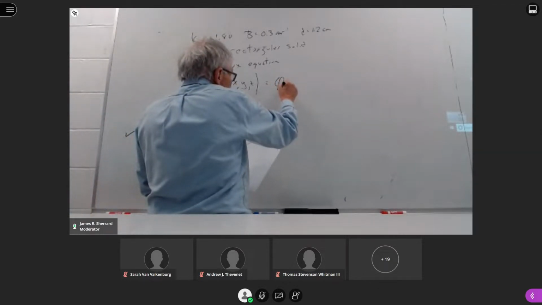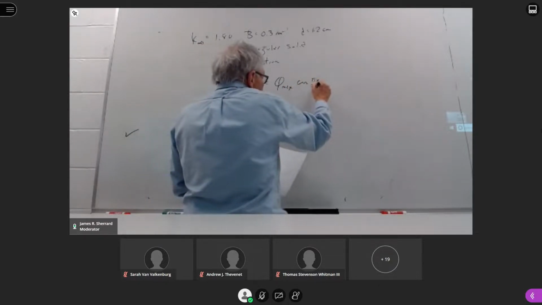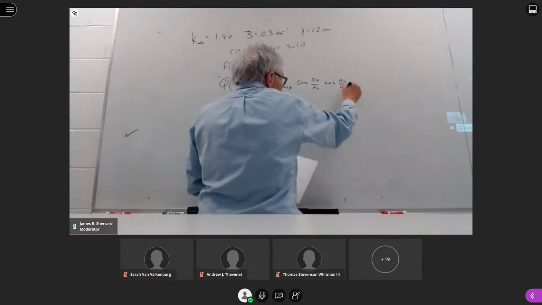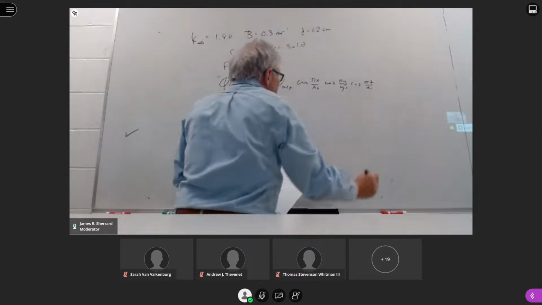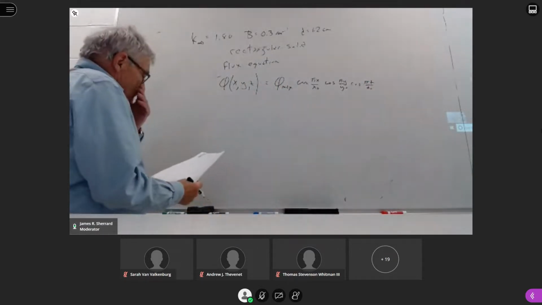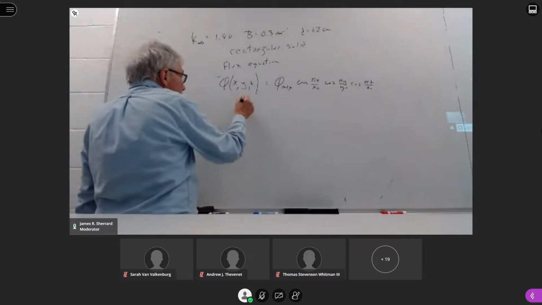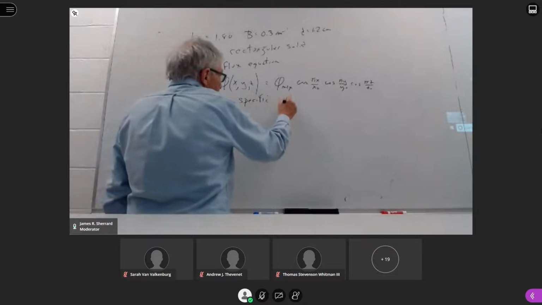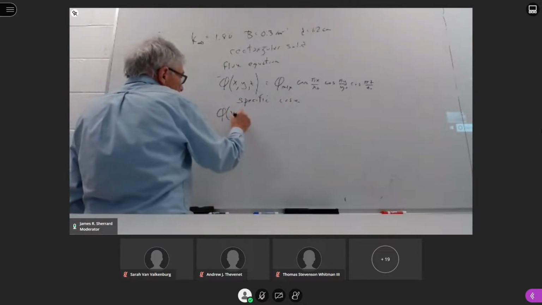Is equal to flux max, cosine of pi x over x sub 0, cosine of pi y over y sub 0, cosine of pi z over z sub 0. In our particular case, for our specific case, this comes out to be